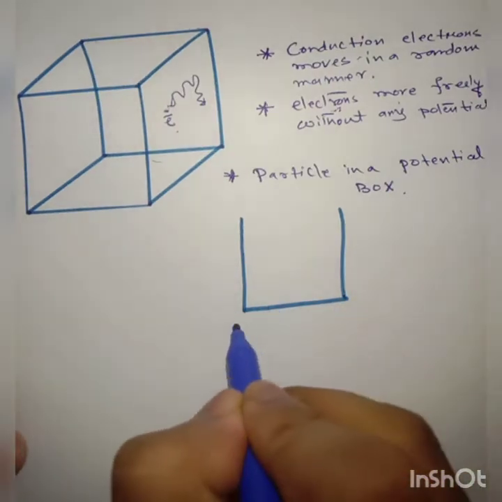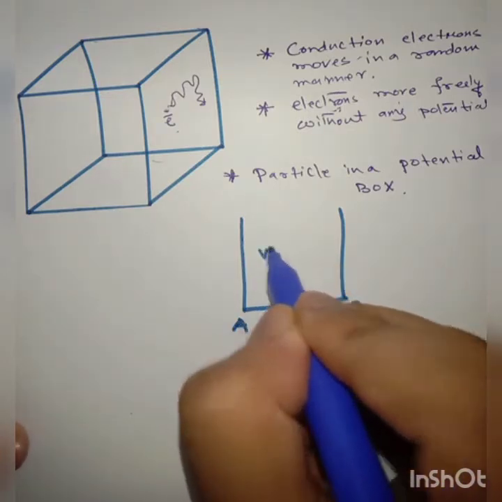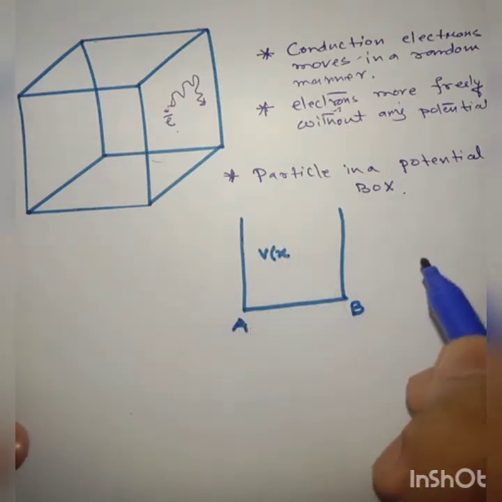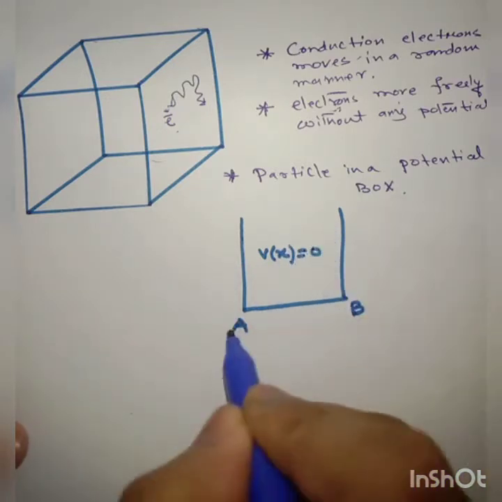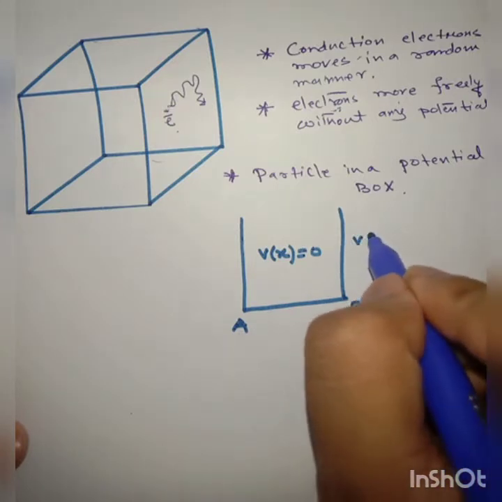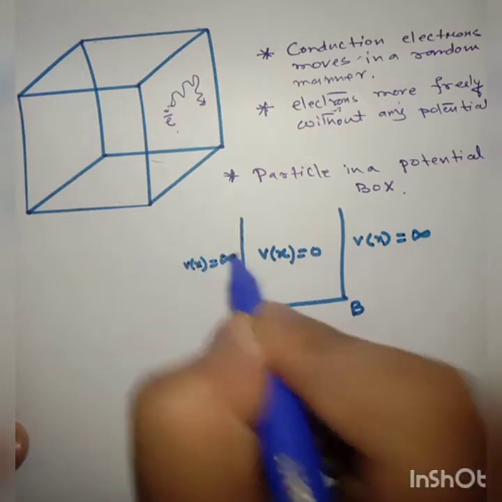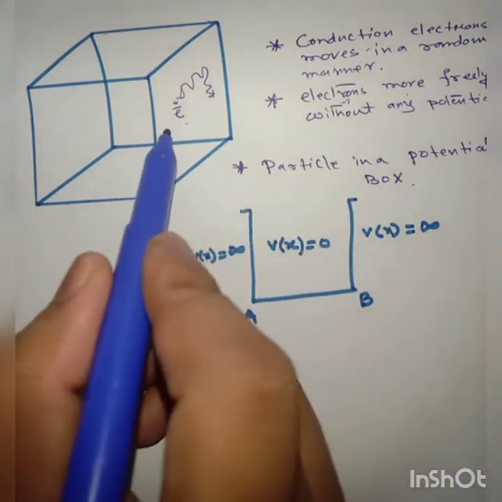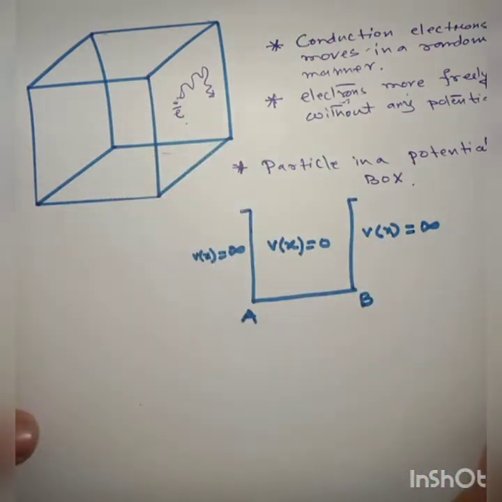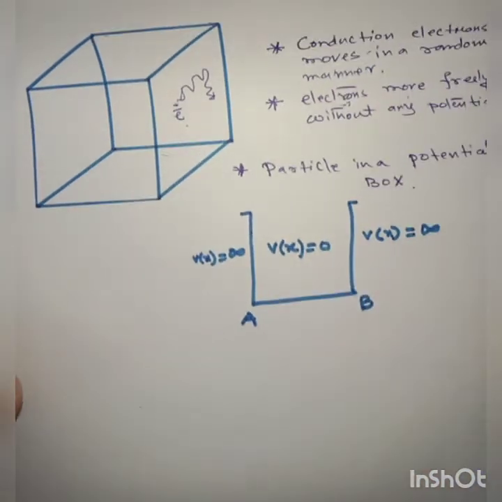Let us designate this as A and B, and the potential, which is a function of x only, in our case is 0 inside A and B, and outside, the potential is infinity. So this is the condition. We have modeled an electron which is moving freely inside a conductor as a particle in a one-dimensional box, and